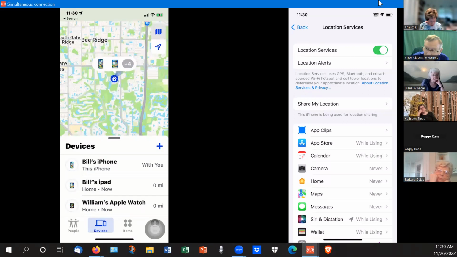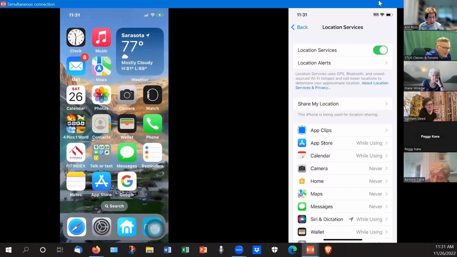So the phone knows where it is, and it sends it to your iCloud. That's a storage thing that Apple has for you. And what you can do is access that from any computer or anybody's phone. So for example, if I went to, on my phone here,